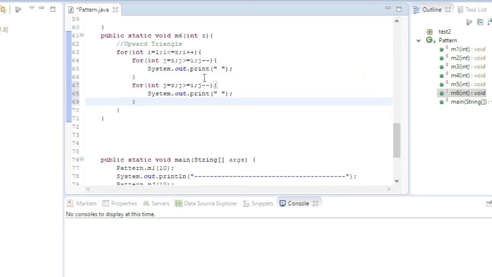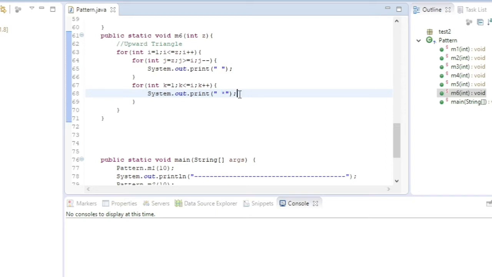Again in the same outer for loop we will create another for loop to print the stars. So int k is equal to 1 because stars will start from 1. Then k less than or equal to i, as per i we have to print. If i is equal to 1, then 1 star, i is equal to 2, 2 stars, like that. So here we'll print star, 1 star, 1 space, 1 star. This is the logic we already know from our previous session.